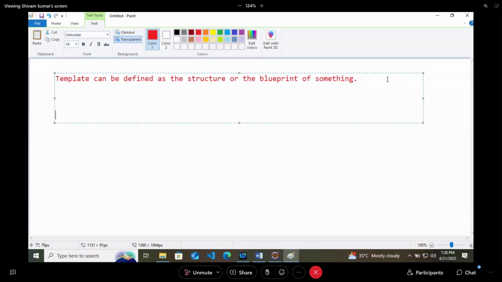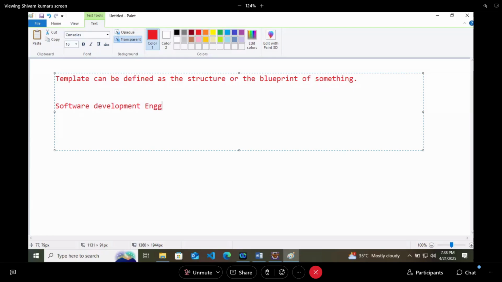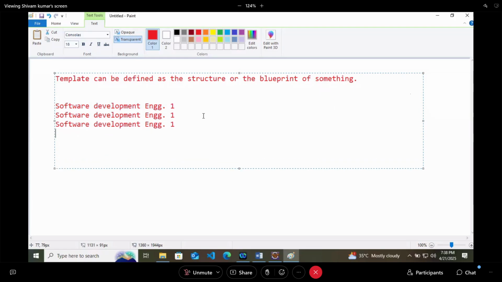Let's say I will write some of the common terminologies. Software development engineer 1. These are the levels of development engineers 1, 2, and 3. Generally, you see SDE1, SDE2, SDE3. So there is a requirement, there is a template for all types of SDE.